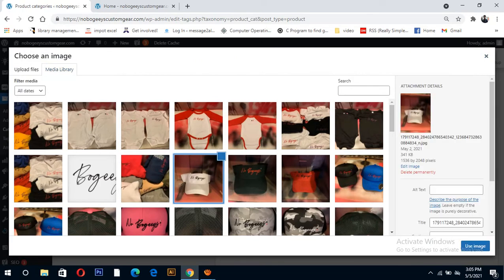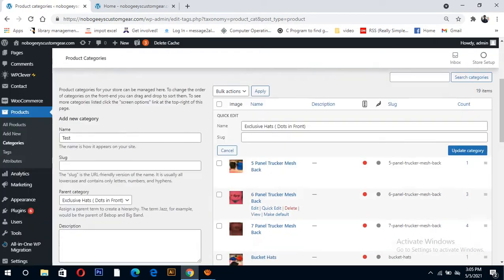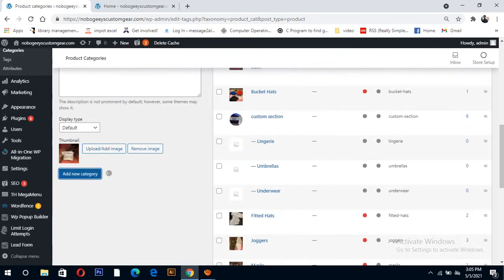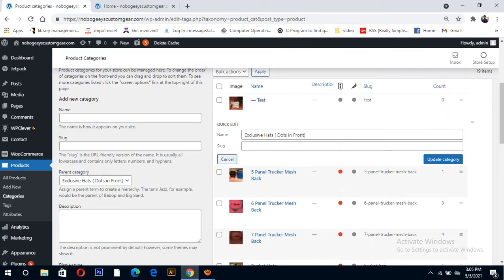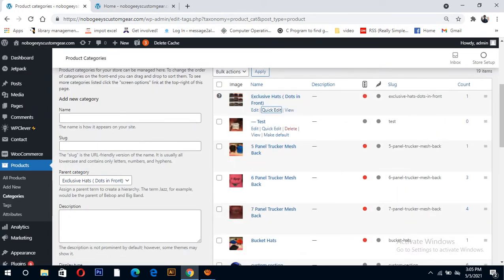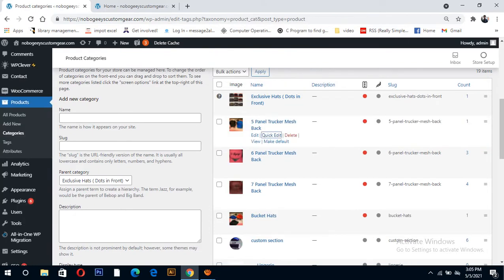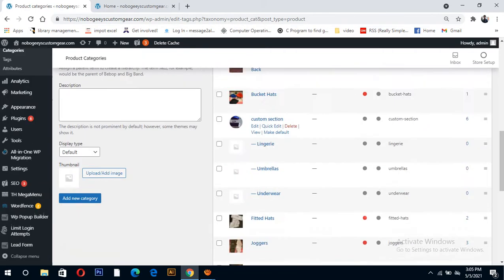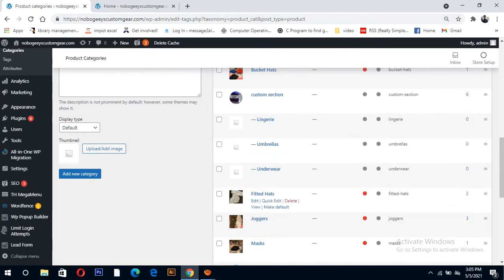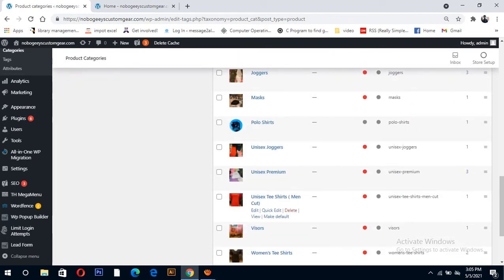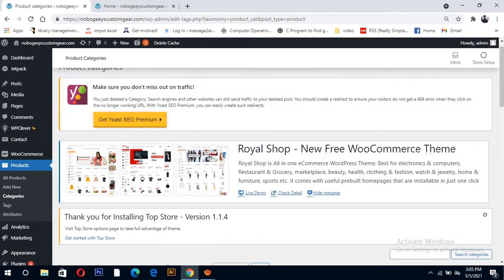Maybe like this, and if you want to add new, okay, you can see this is the under category. If there is a category you don't need, you can delete it here. This way you can delete any category or change any category name. I hope you understood, and you can easily change any category's name fast.